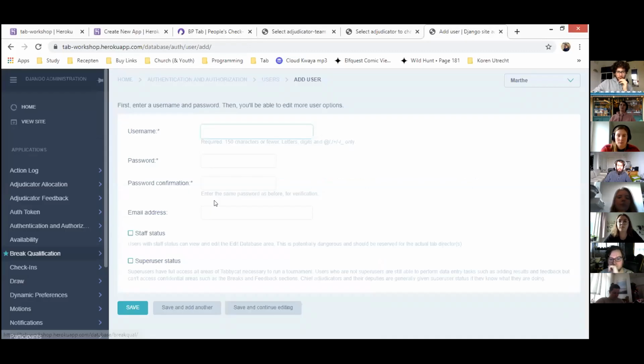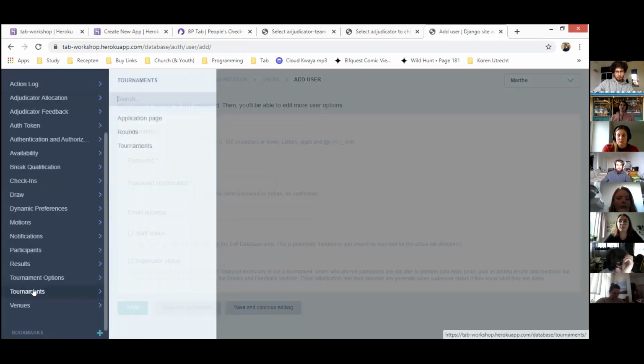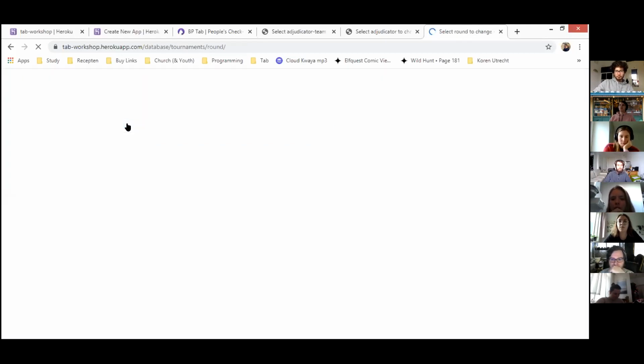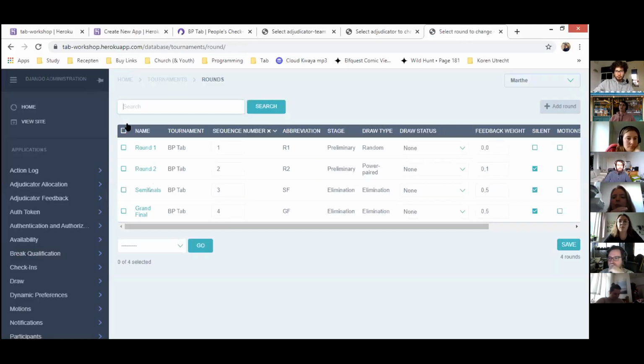So in the edit database area, you go to tournaments and rounds. So this is important when you have multiple breaking categories. So if you have a novice team, so if you have a novice break, you want to add an out round. So you say, okay, add round,